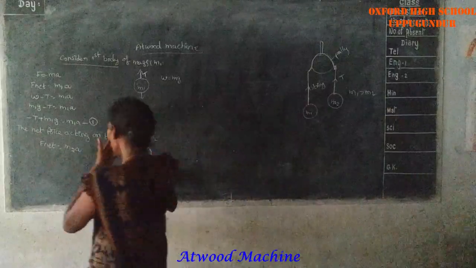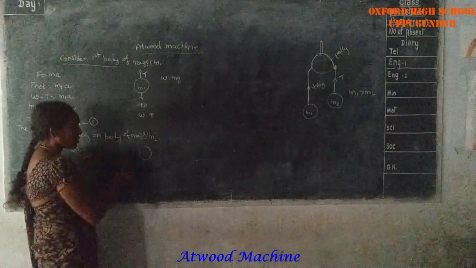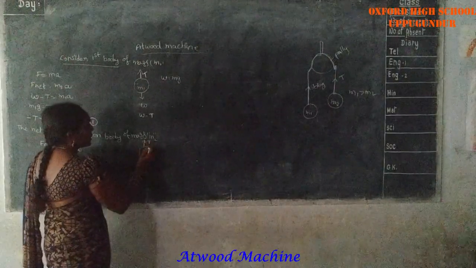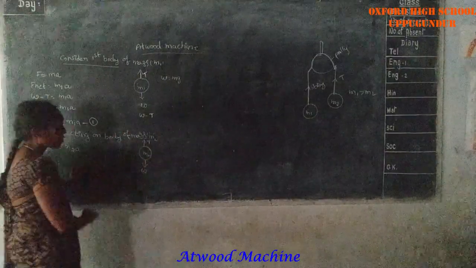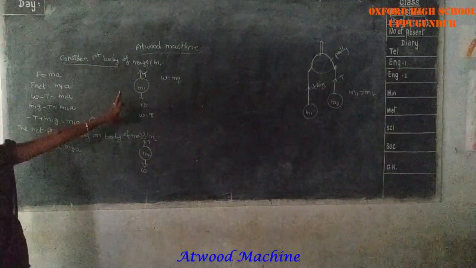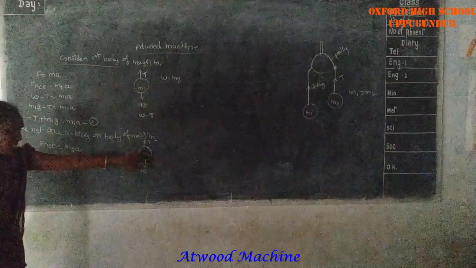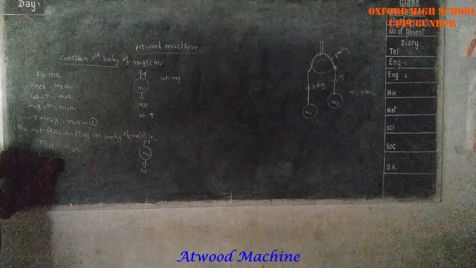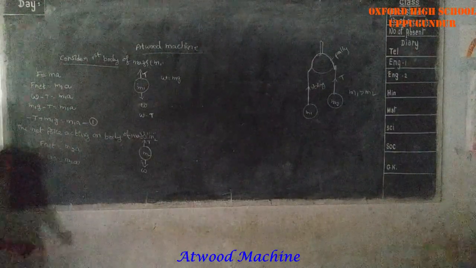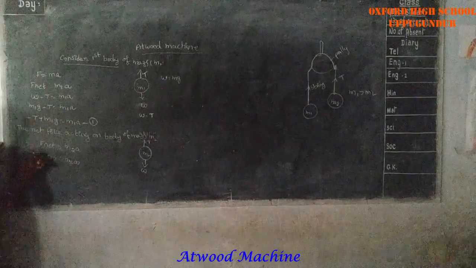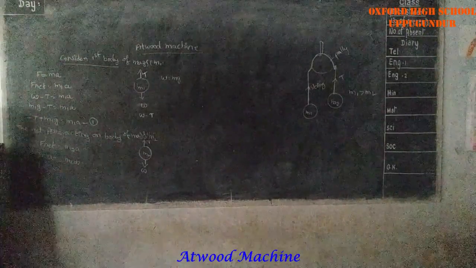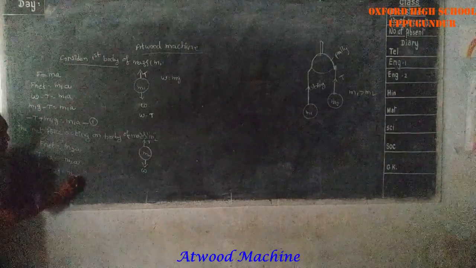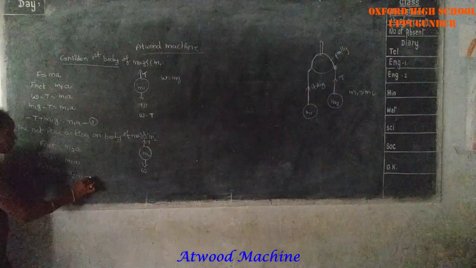See the free body diagram of mass M2. Here also two forces are acting, one in the downward direction and the second in the upward direction. Here this is M2. In this case, when compared to the mass of the first body, the mass of the second body is less. That's why F net should be written as T minus W. In place of W, we write the weight of the body, that is M2g, so T minus M2g is equal to M2a. Here this is equation number 2.